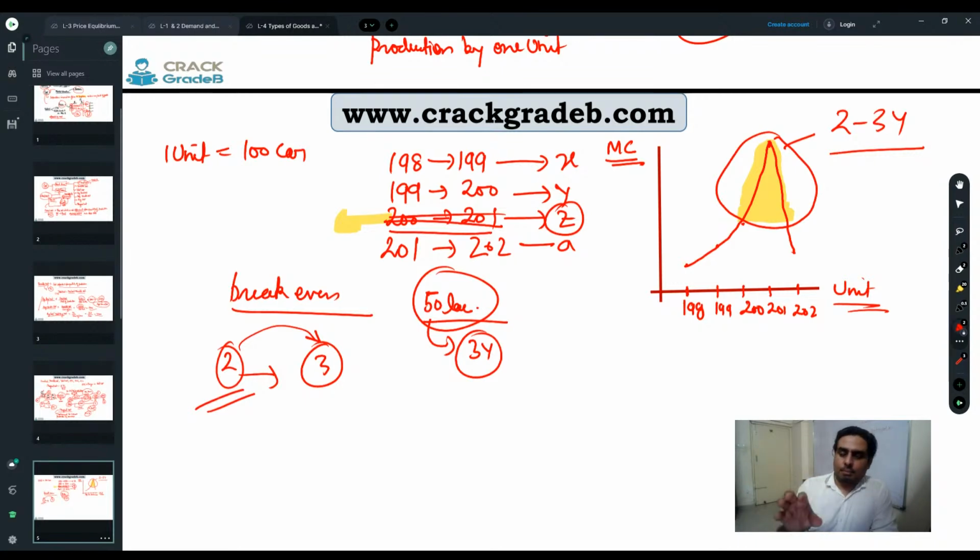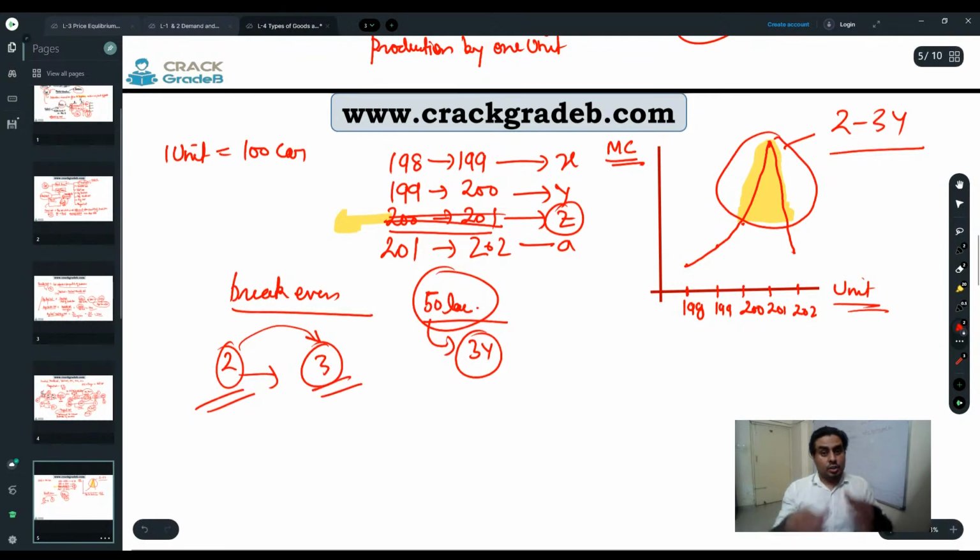That means the company calculated what? From 2 to 3 production units, our marginal cost is going to increase in an exorbitant manner. But the way the Indian economy is growing, definitely within a short span of time we are going to recover our marginal cost and come to the break even point. So all these things they have decided, only then they make this announcement. So it is showing the Indian economy is growing.